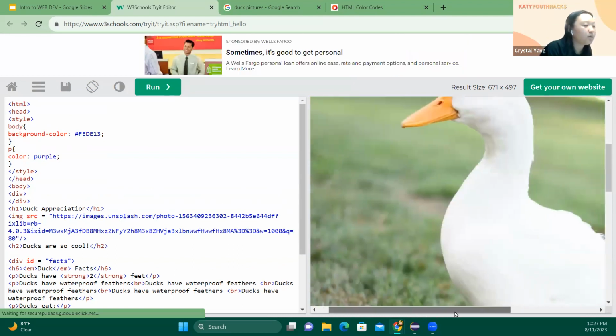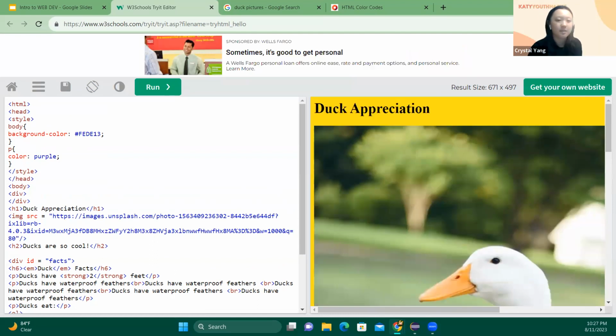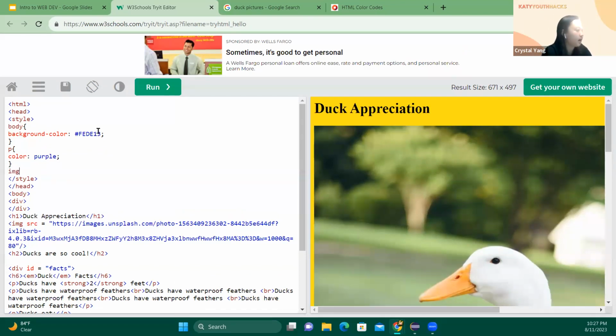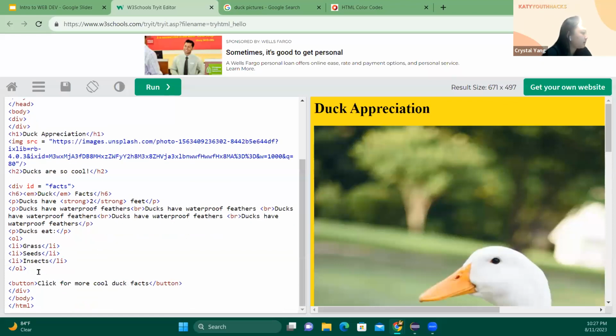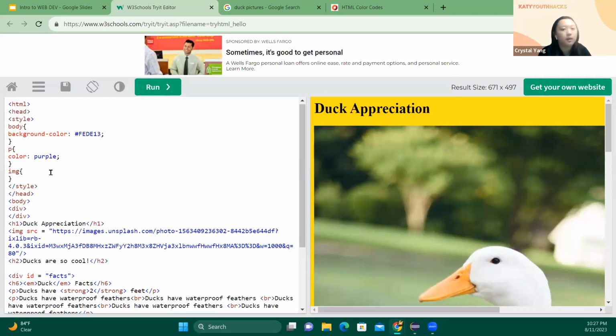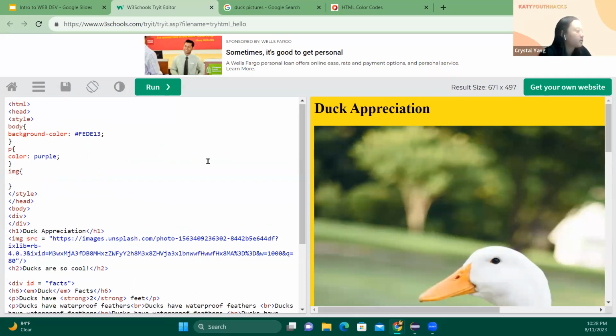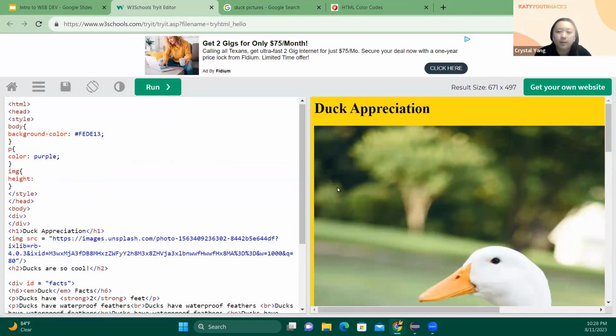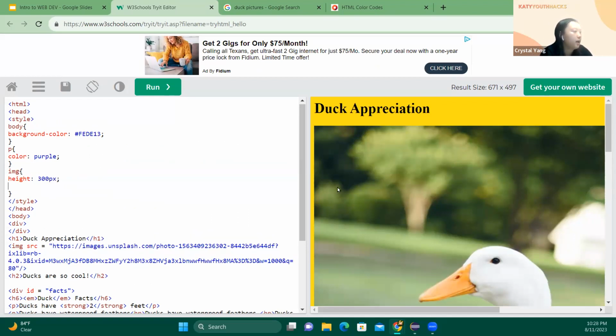image smaller. I don't know on your ends what image you chose, but my image is ginormous. So the way you do this, if you can guess, you would just put IMG, because again, our tag here was IMG. And then you would put in the actual dimensions you want. There are a lot of ways to do this, but a simple way is to literally put in the exact dimensions. So you would put height, and again, it's a computer, so it registers everything in pixels. You can do 300 pixels. And then width,